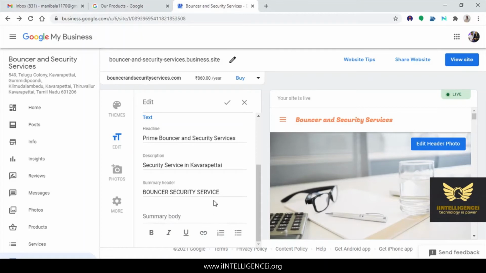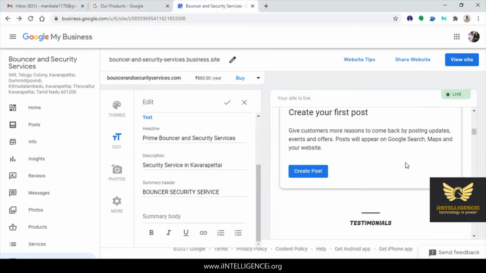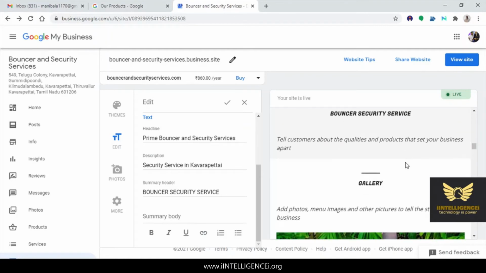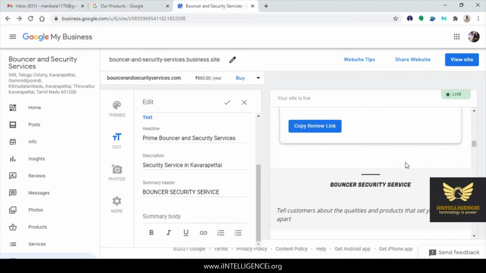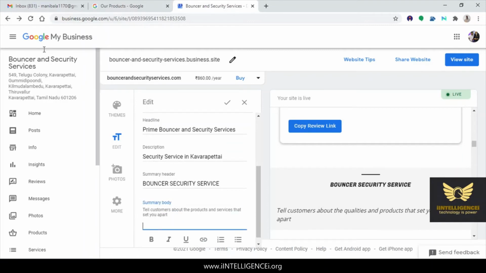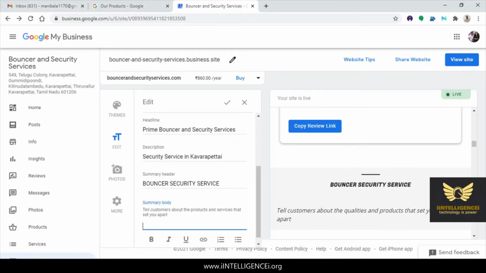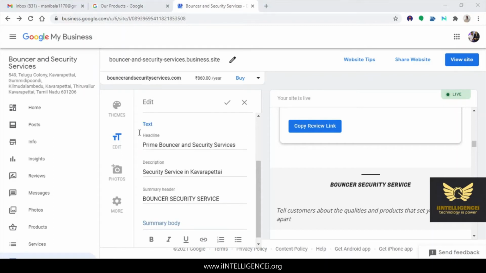What else to be given? Just click it. Bouncer security service. Okay. Double click, it will come, right? And it will tell about your service.